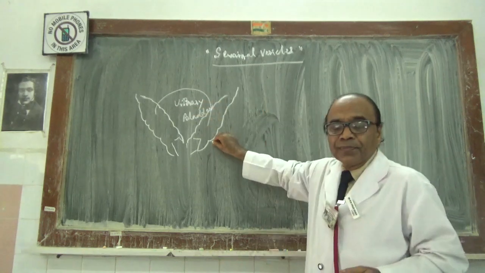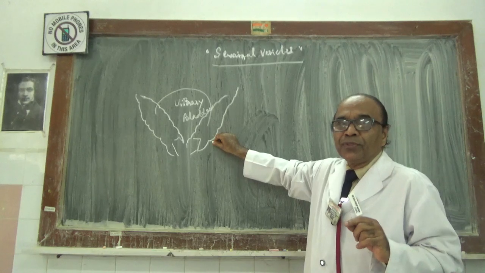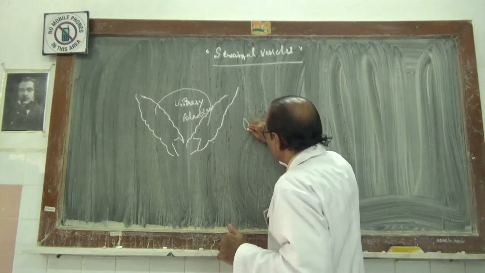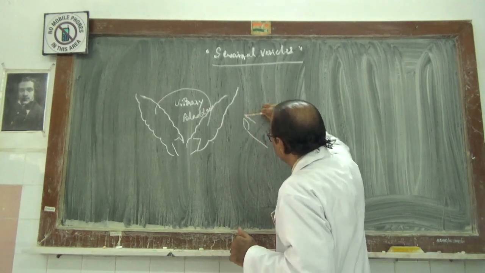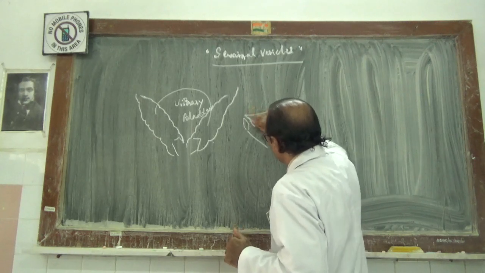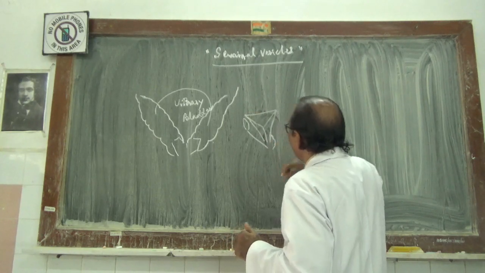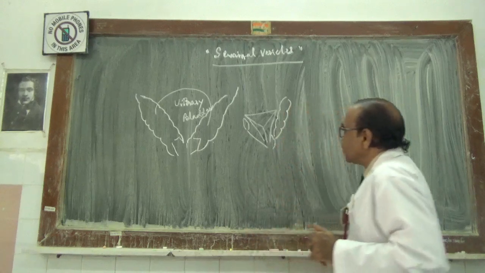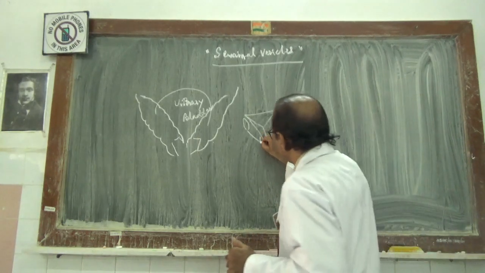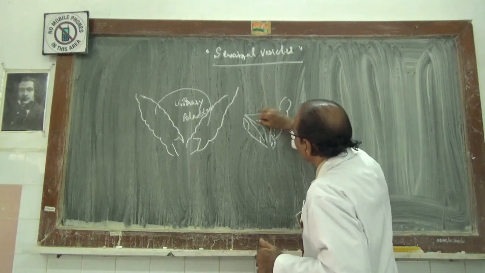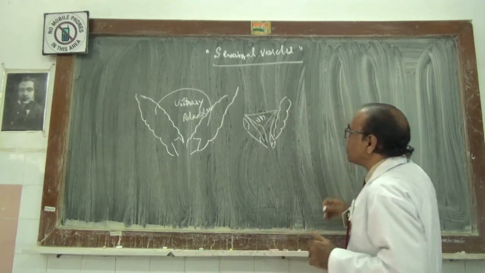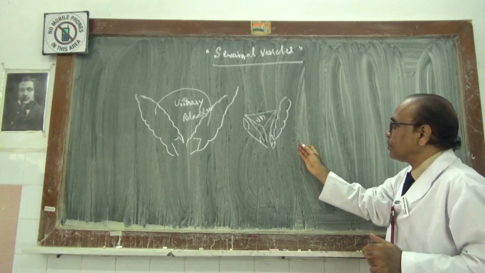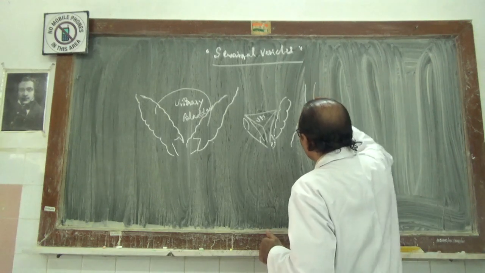behind the posterior surface of the urinary bladder, keeping in front the urinary bladder, and at the lowest part, the prostate. Keeping, you can say, behind the rectum